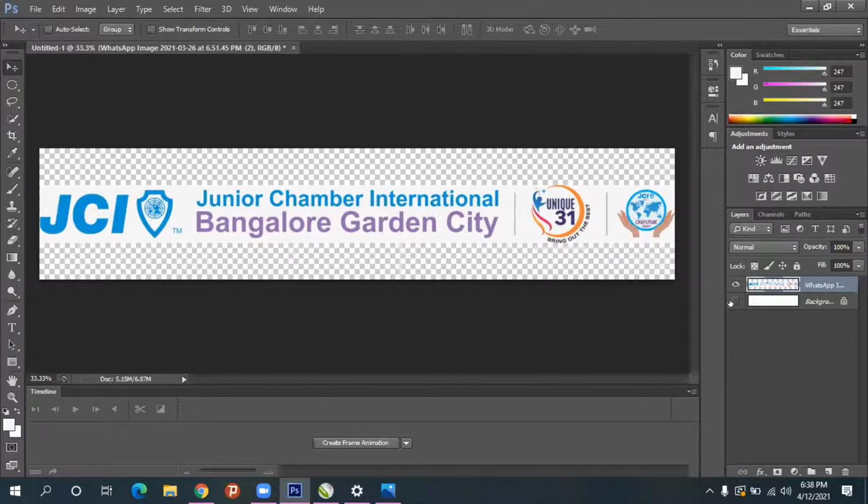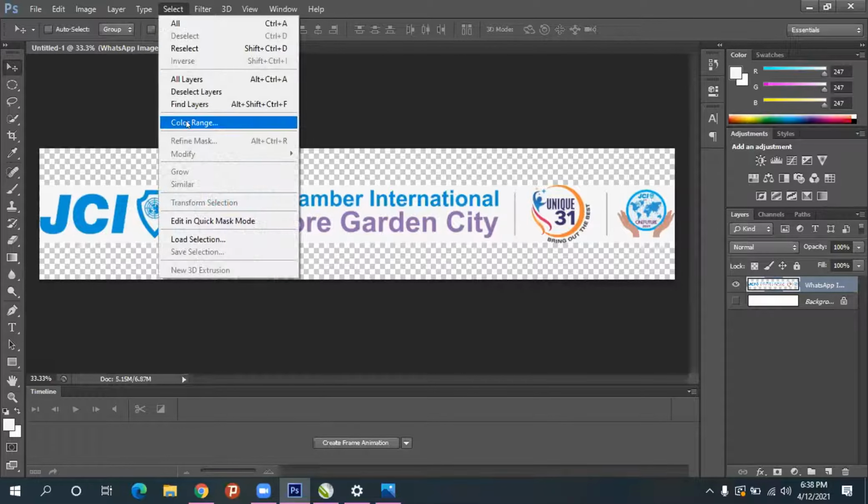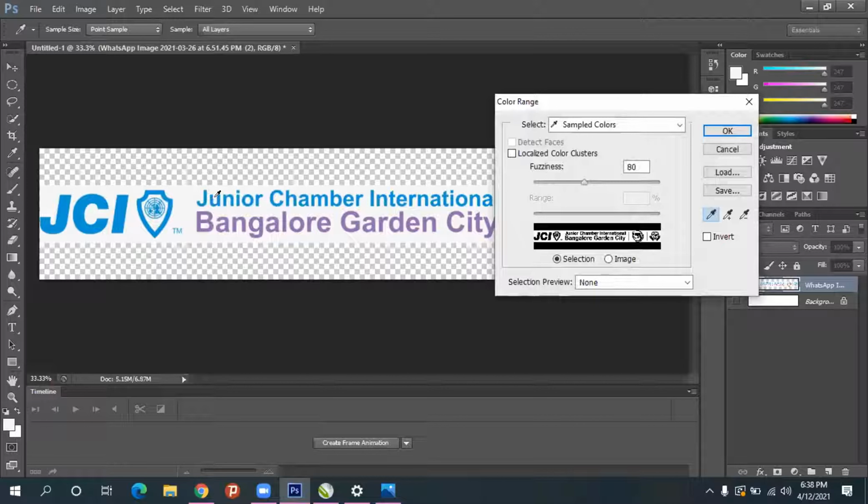We've hidden the original layer, sir. Then you'll be seeing like this or somehow else? I'm seeing like this only after color range. I am not getting white color. I am getting all other colors: red, yellow, green, cyan, blue, magenta, in color range.